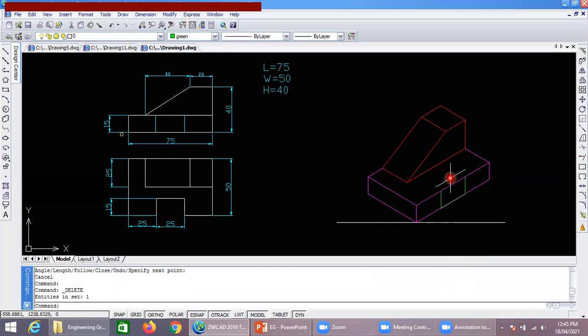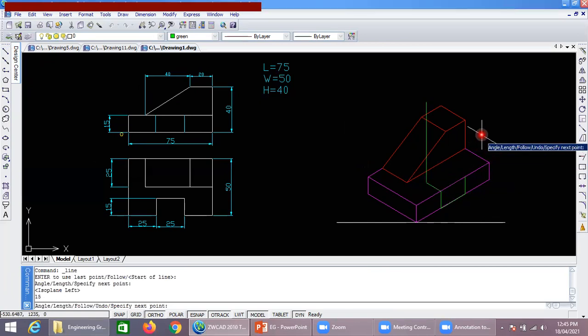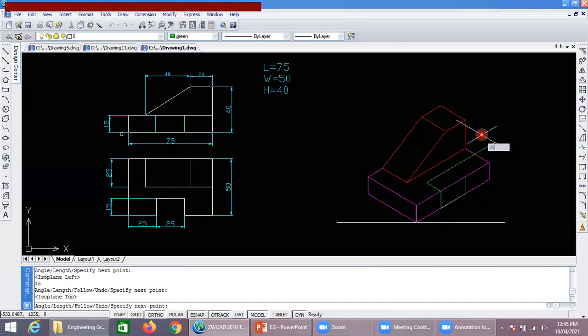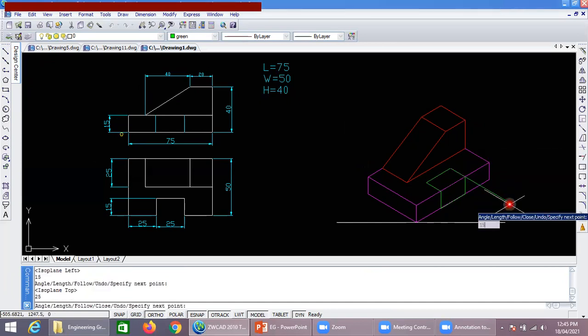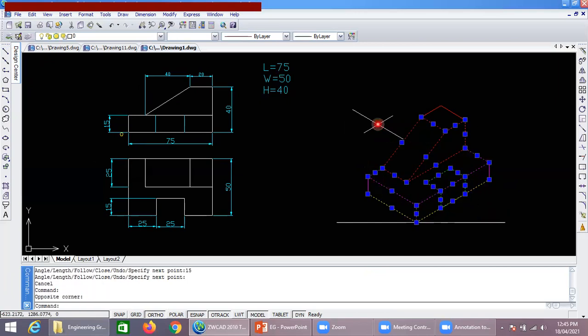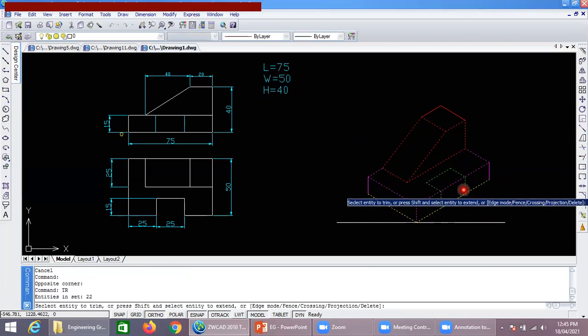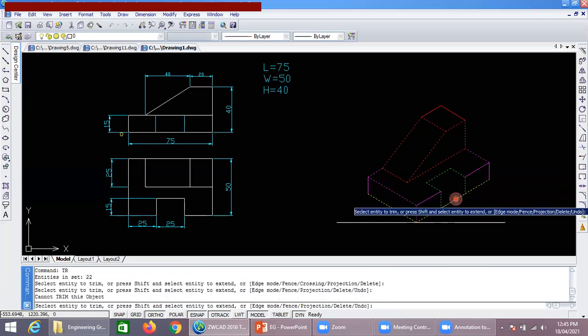Now what is its width? Its width in the inner section is 15. So go behind by 15, again 15, then its length is 25, and here it is again 15. So this is how that slot will look.